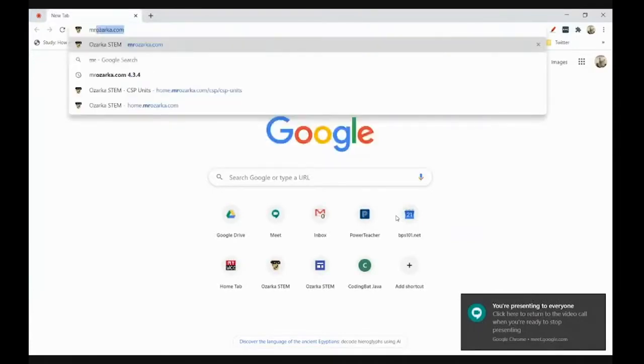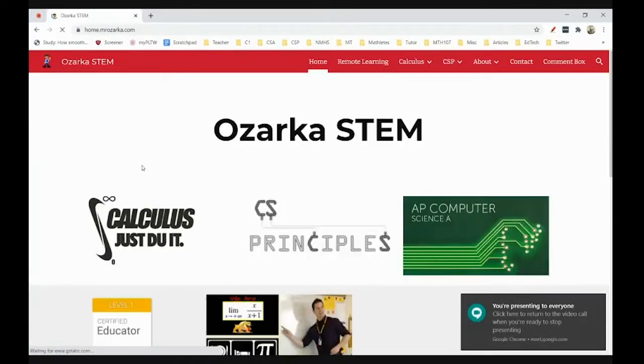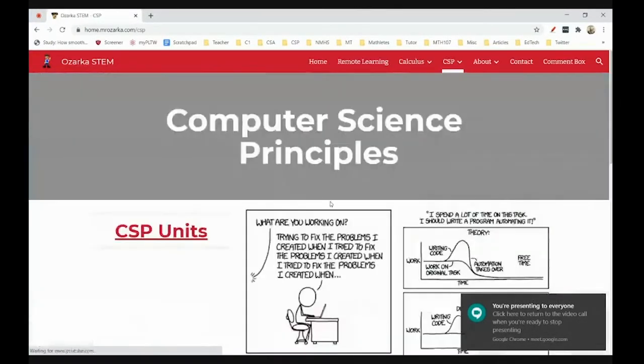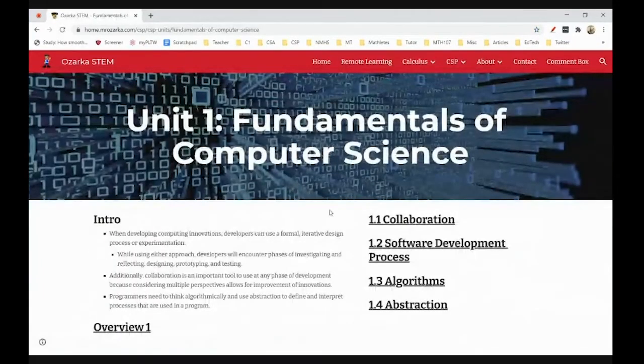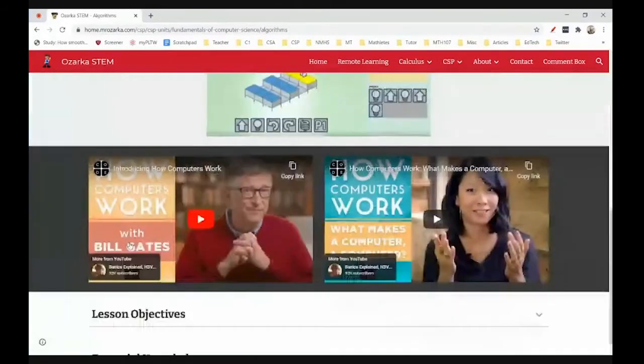If you go to my website, there's a video that I attached on there for Unit 1. And it's kind of a nice little series of just basically how computers work. So if you click 1.3 and you scroll down here, it says introducing how computers work. That's Bill Gates, obviously, but they have a bunch of other computer scientists on this thing. And if you watch what makes a computer, it talks about that input, that storage and processing, and then there's an output. That's what makes a computer a computer.